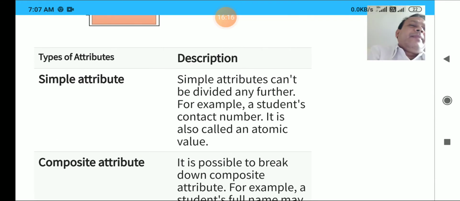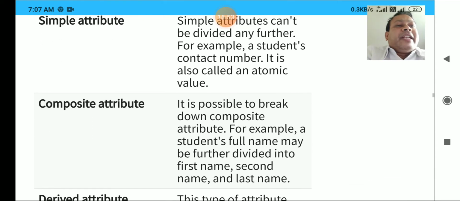A simple attribute is nothing but simple. We are going to say a student name is one of the columns of that particular table. Suppose phone number may be there, address may be there. So these are very simple attributes. Right now we are not going to take address, because we are going to study address in composite attribute. So these are simple. The name of a particular employee, his salary may be one of the attributes, simple attributes, and so on and so forth.